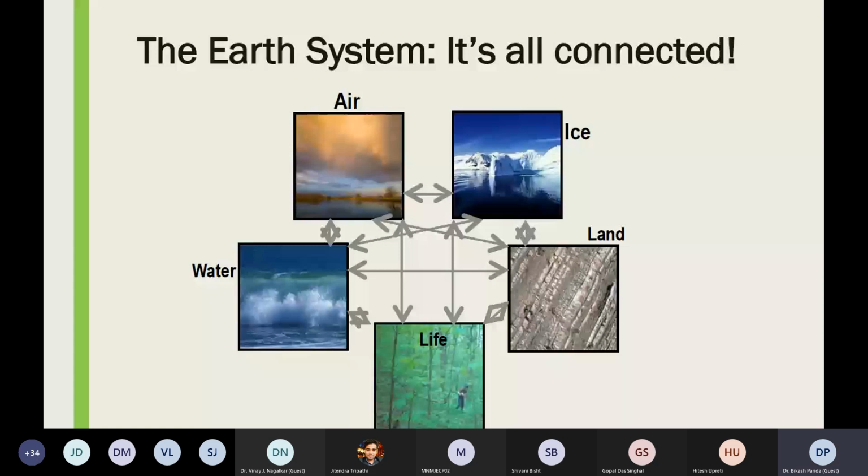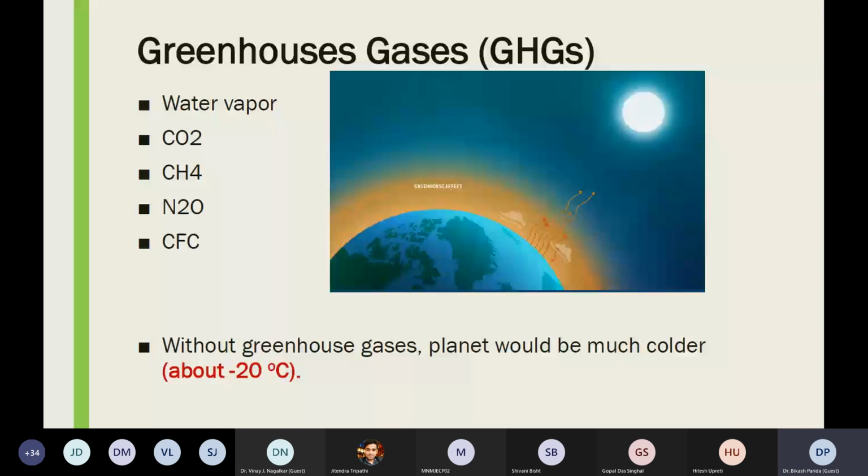And further, we know that there are so many greenhouse gases, and nowadays, because of anthropogenic activities, CO2 has been increasing greatly, and that is a strong greenhouse gas. Because of the greenhouse gases, the temperature is increasing. If you think of an ideal atmosphere without greenhouse gases, the planet would be much colder, about minus 20 degrees Celsius. So that means if there were no greenhouse gases, we would be living at around minus 20